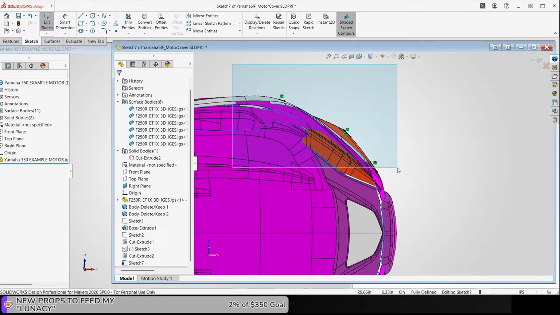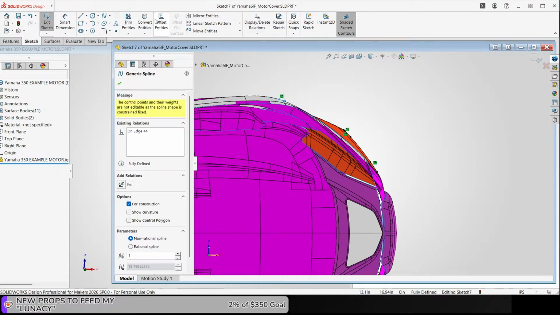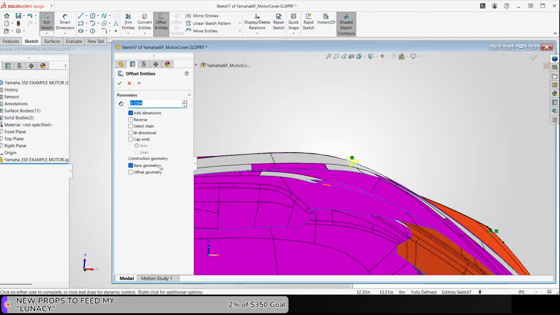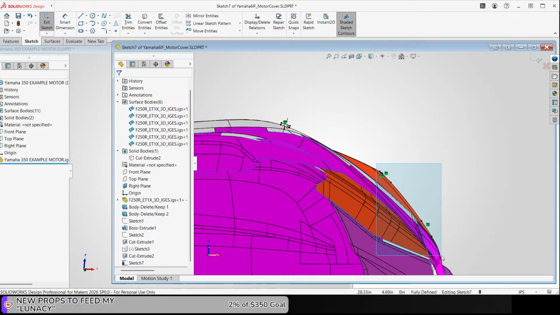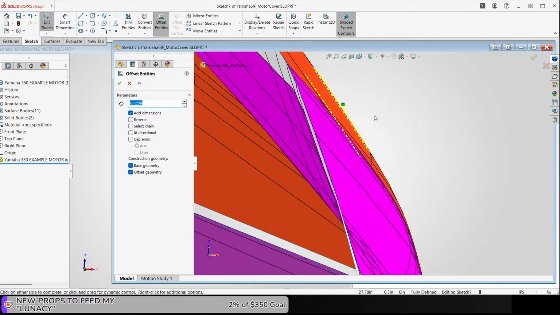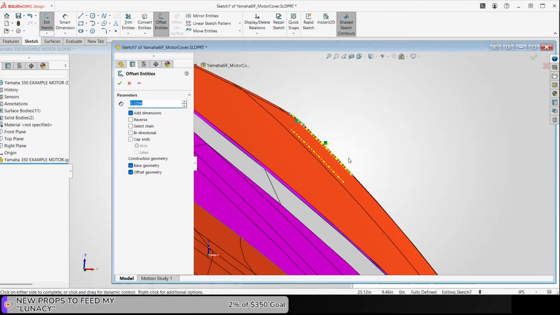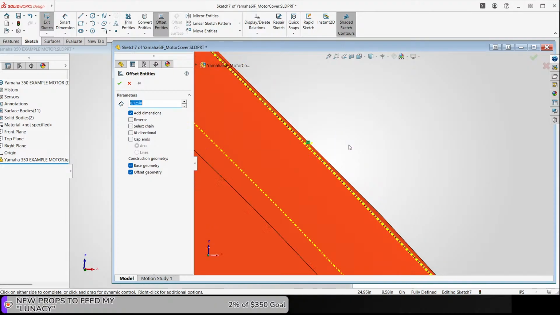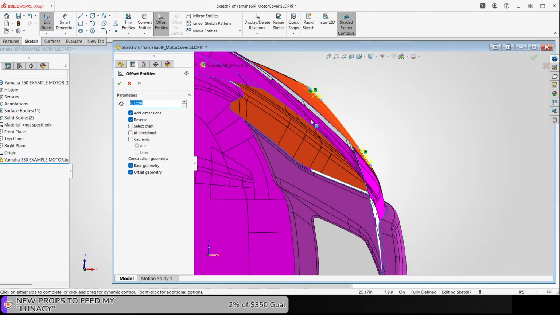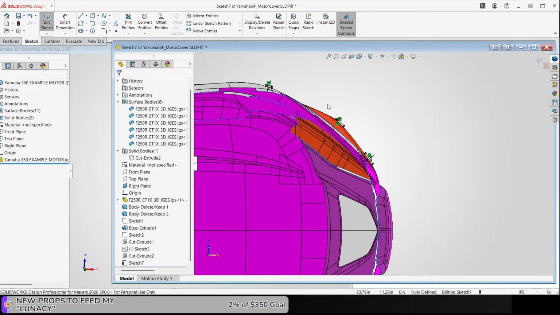Convert these as a base of operations. Offset them by 1/8 of an inch. Hopefully these all go in the same direction. Sometimes they don't. Like that one. Okay, good. All right, so they both went in the correct direction. Now I got a boundary